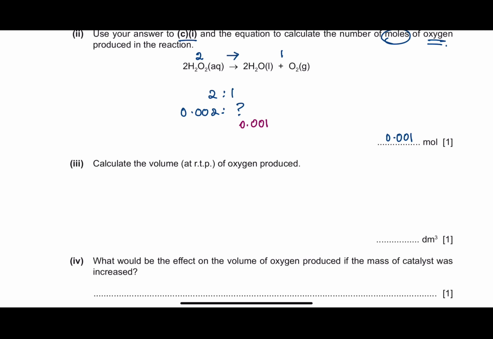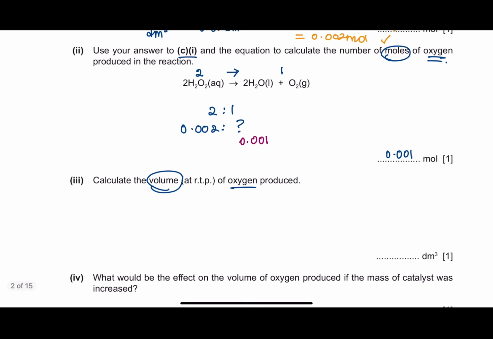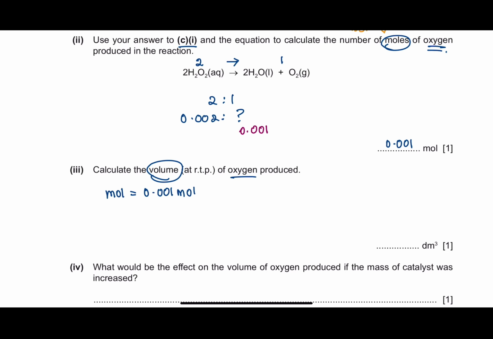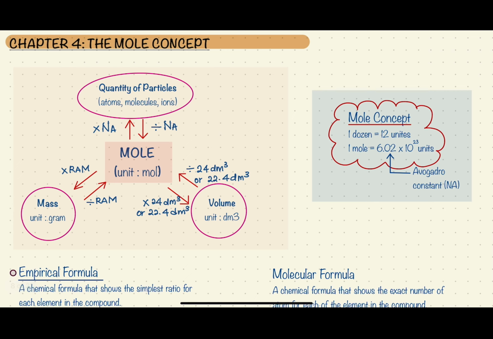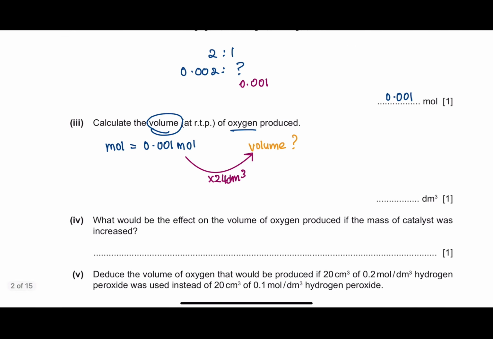Now for the last question, they're asking you to calculate the volume of oxygen produced. So let's gather up the information that we have for oxygen first of all. The only information that we have is the number of moles, and from the number of moles we are trying to find the volume. If you refer to the notes that I have uploaded, if you have the number of moles and you would like to find the volume, you need to multiply with the room temperature molar volume, which is 24 dm³. So if you multiply 0.001 mole with 24 dm³, you will get 0.024